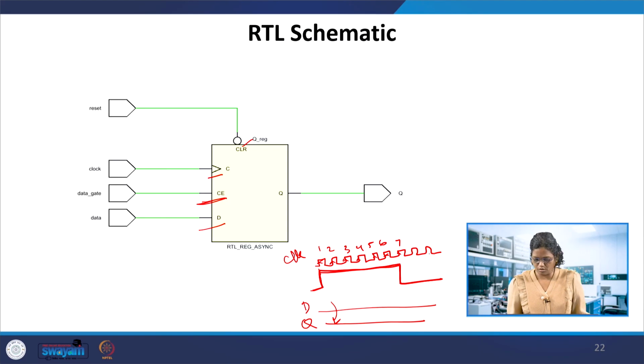When it is 0, then don't consider this clock at all. So this is the meaning of the gated clock or gated data. The data is used in this period and not in the other period.